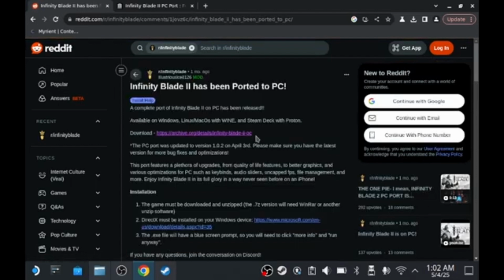And from there we'll go to download, which is just on archive.org. And I'm going to be putting links to these as well in the description, so you don't really need to search much. It's pretty straightforward. And it has a little installation guide here. I mean, yeah, it's basically this easy. But we're going to go over some controls and stuff as well, to kind of optimize it and make it a little more streamlined. So you'll click download,